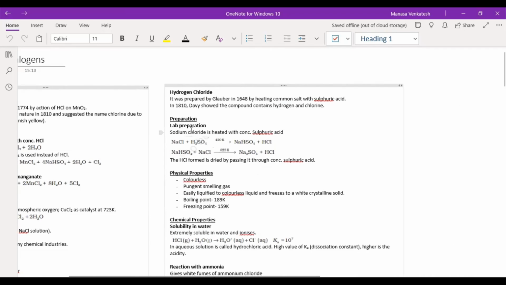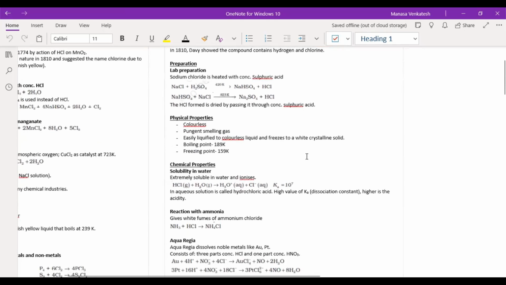So the lab preparation: sodium chloride on heating with sulfuric acid gives us hydrochloric acid. The HCl which is formed over here is dried using concentrated sulfuric acid, because concentrated sulfuric acid can be used as a good drying agent. The physical properties are, it's colorless, has a pungent smell, and it's easily liquefied to a colorless liquid, and it can be frozen to a white